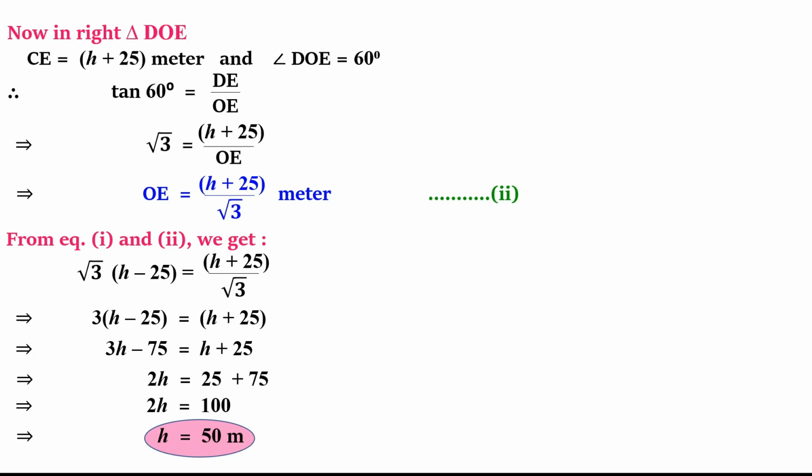I hope everyone has understood. So you have to move slowly. The diagram that you draw is most important, because after reading the question, if you draw a wrong diagram, you will be calculating according to the diagram that you have drawn. If that diagram is wrong, then all the knowledge that you have about the T ratios, about the standard angles, about using the values from the trigonometrical tables, all the knowledge will be a waste.